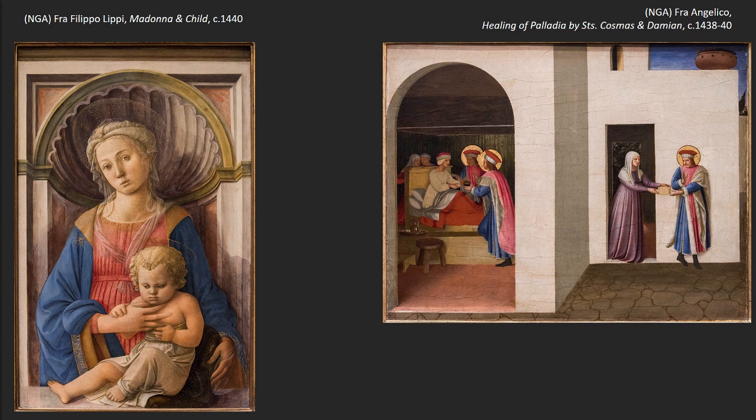This painting, however, was probably not made for them. We can't say it wasn't, but there's no proof that it was. Made instead sort of for the open market. Now,